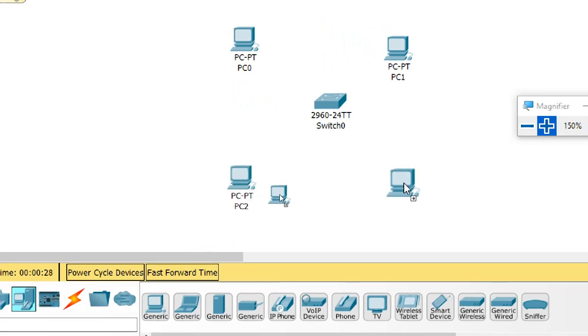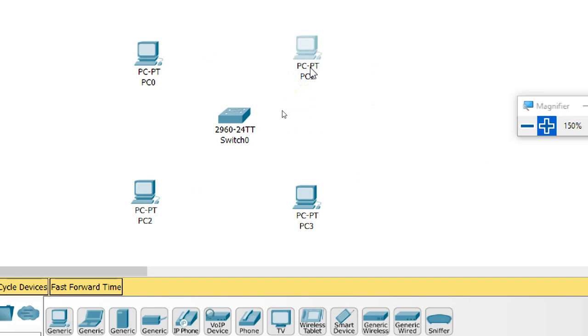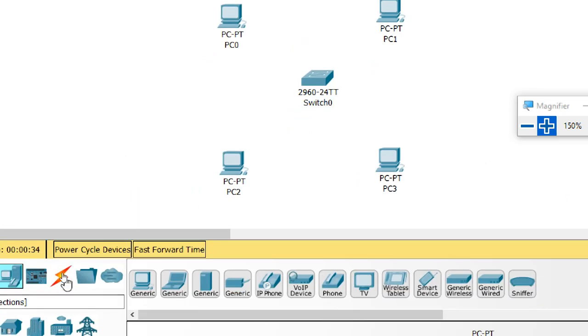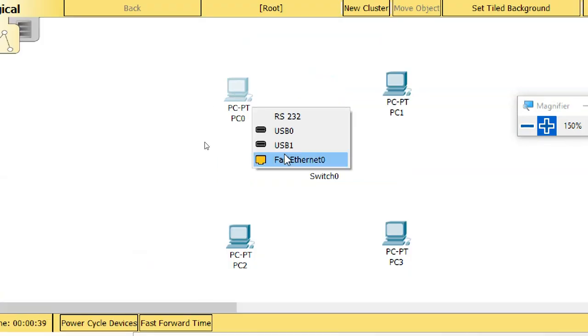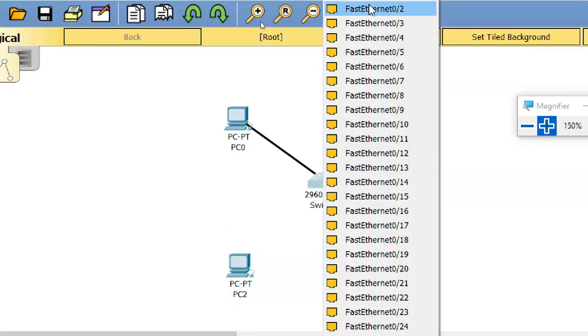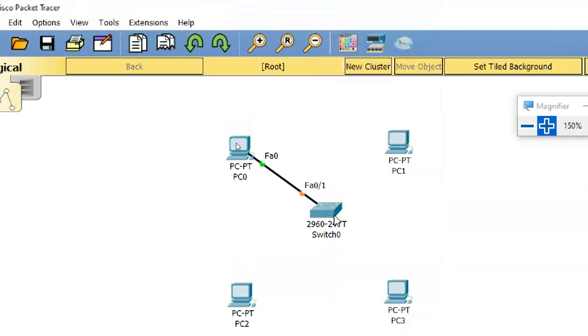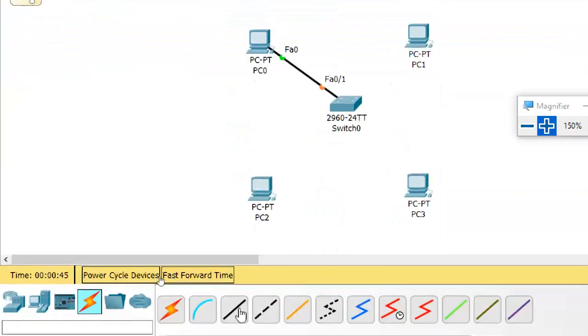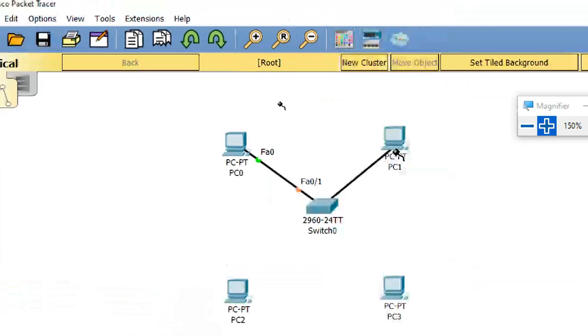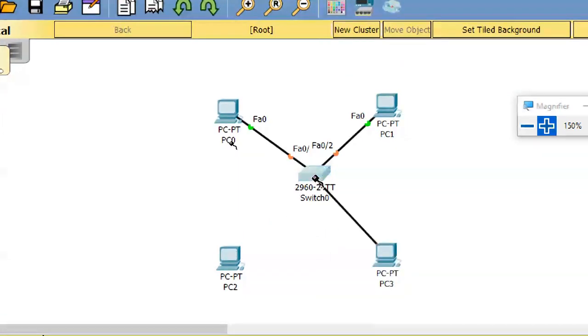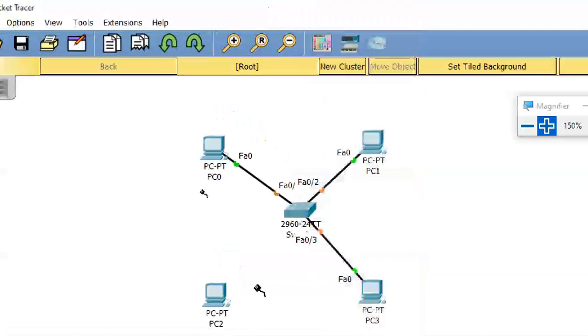If you want, you can change the names also. I just took 4 PCs. I'm connecting them by LAN, so Ethernet, Fast Ethernet. Don't worry how I did it or how to do it.